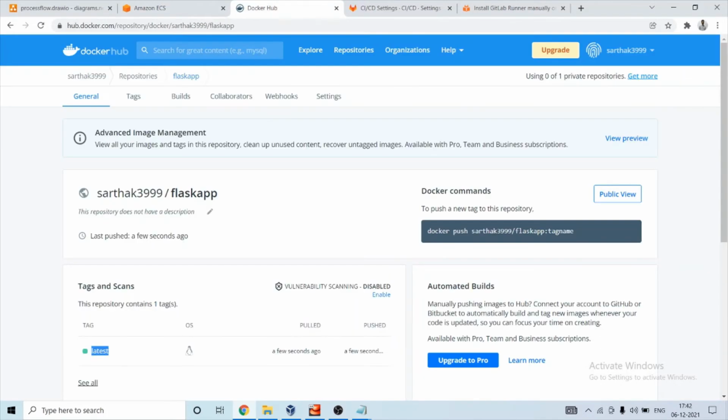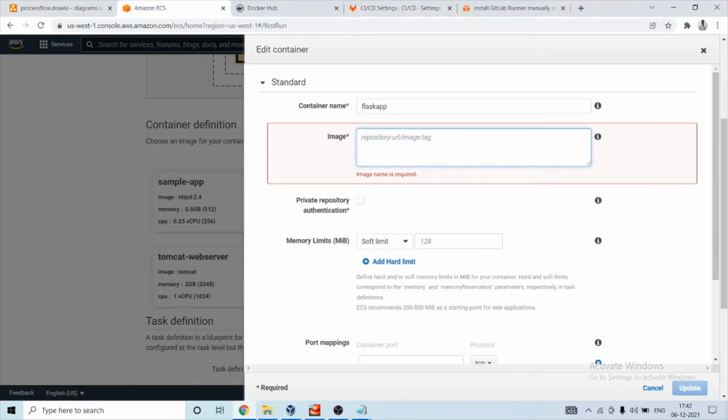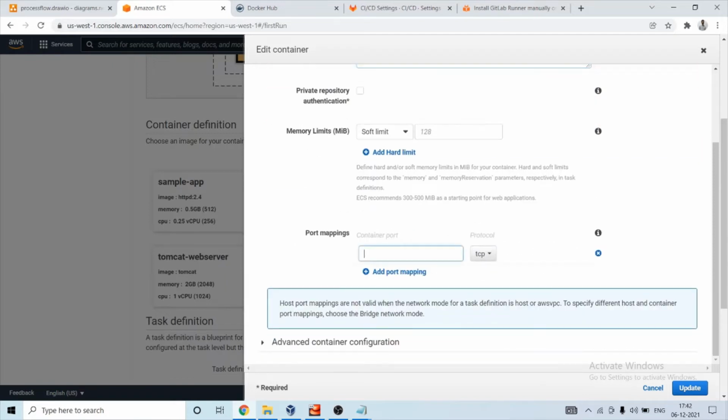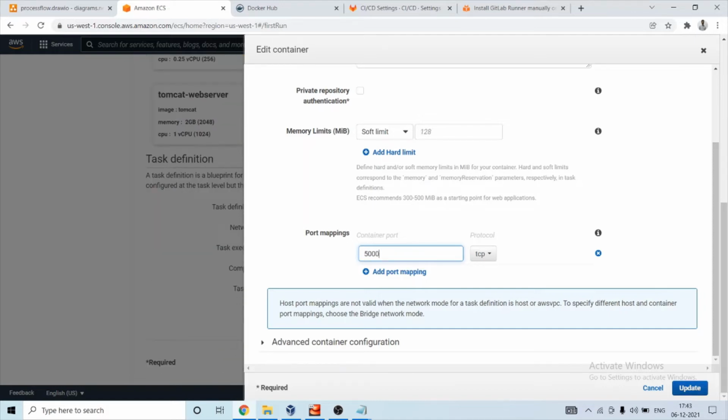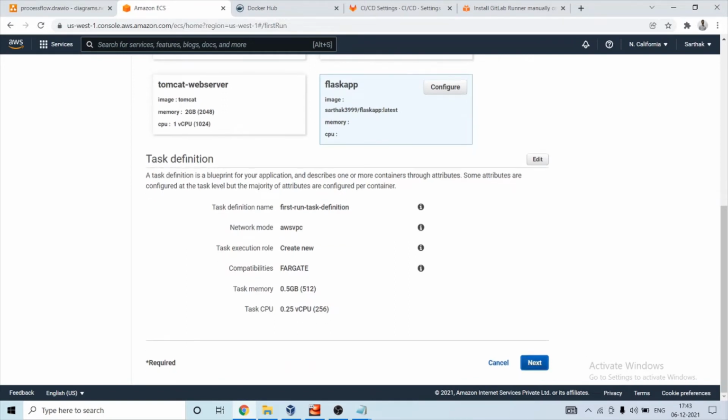We need to give our image name, so let's give our image name, latest. Okay, now port. Our Flask is listening on port 5000. Great. So all the image details will be populated here. Click on next.